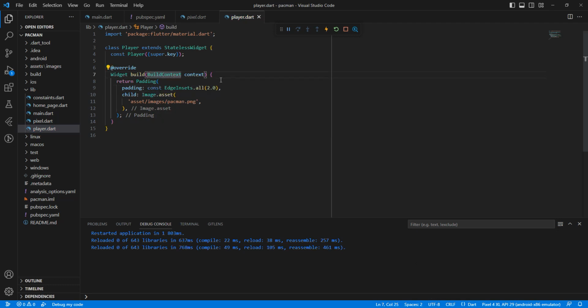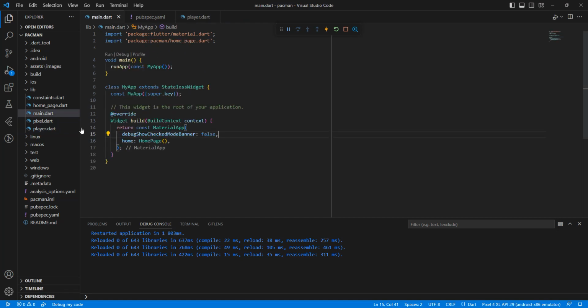padding, save, and we write widget path. Let's start with create file path.dart